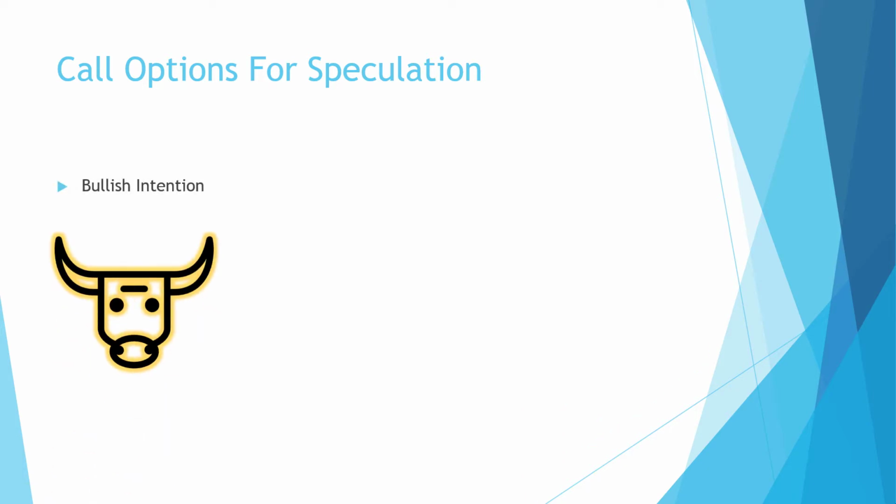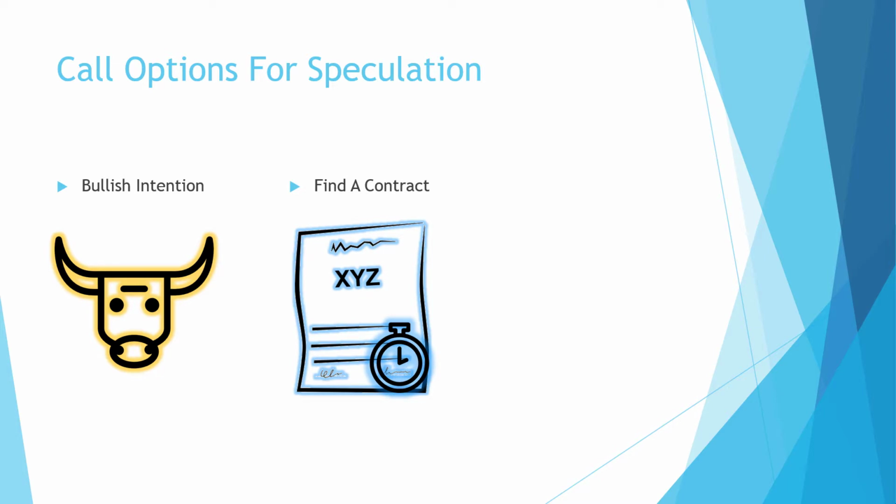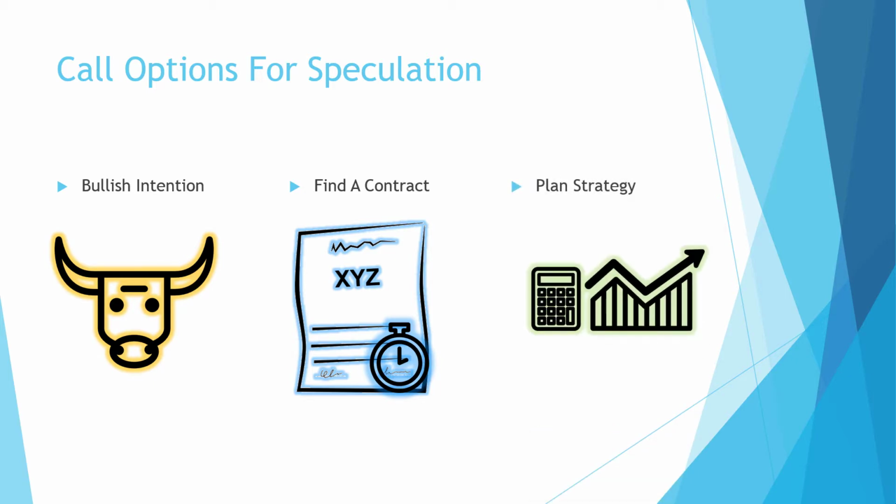First, a speculator has to find a bullish company to speculate on. Recall that owning a call options contract can only be profitable if the stock price moves up, and the profit has to be greater than the cost of the fee. And then check the available call options that fit the capital constraint, and narrow down the strike and the expiration date. After that, formulate a strategy such as entry and exit strategy.